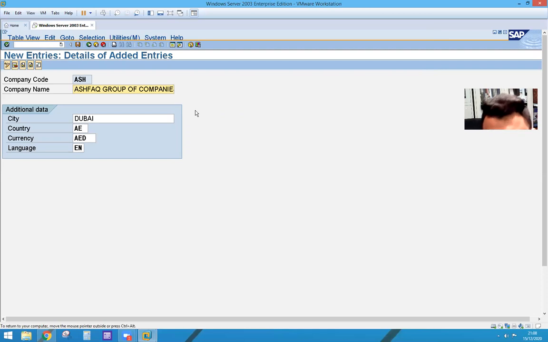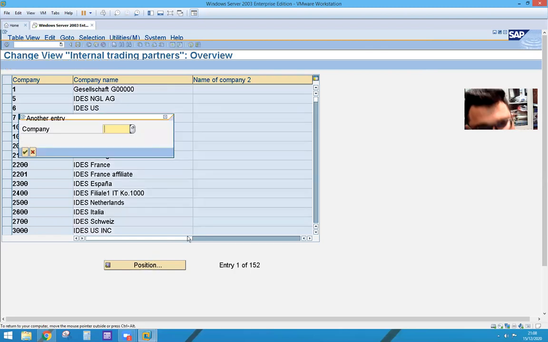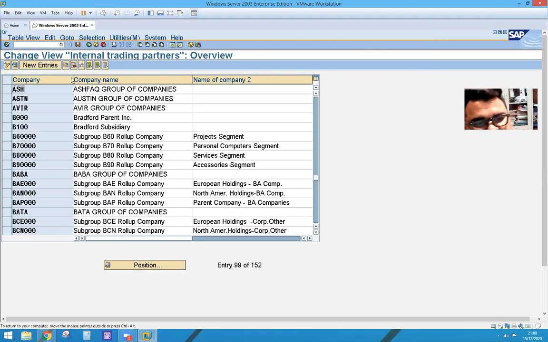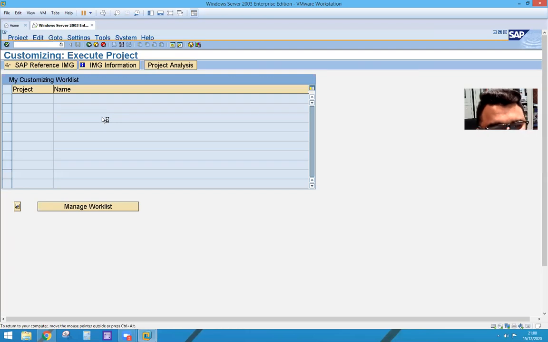OX15, OX02, these are the T codes. These are the shortcut keys. Let us continue further. I will give you all of this. But initially, it is better to go through the steps only, the way I have shown you. If you want to move from this step to the first step, you can click /n, then give that T code, OX, let's say 15, like this. And you can click position button, type ASH, you will get it. See, if you jump from one step to another, you will go totally back to the SAP Easy Access.